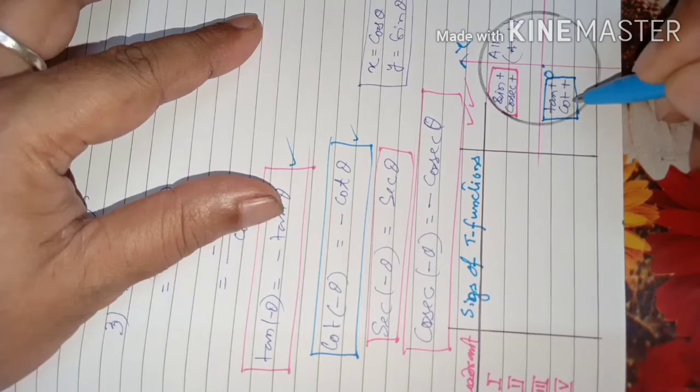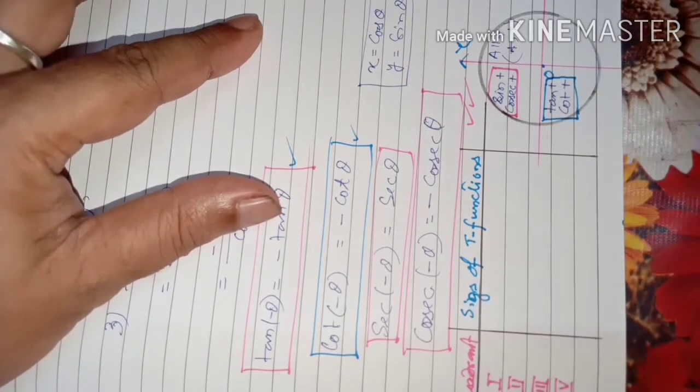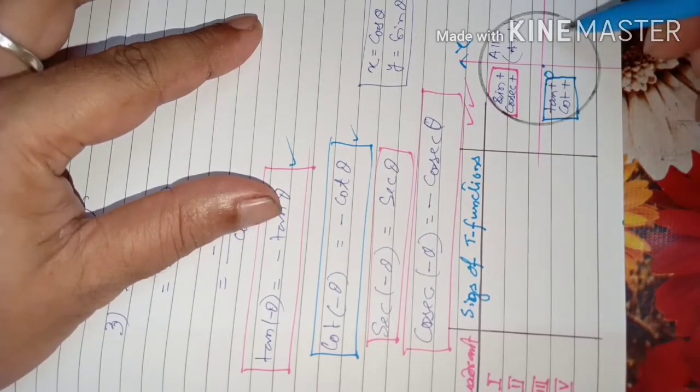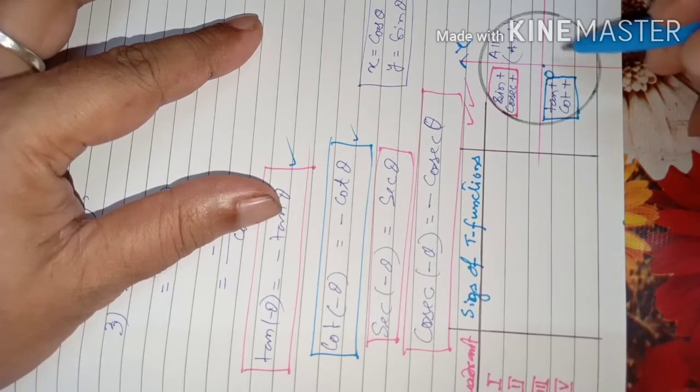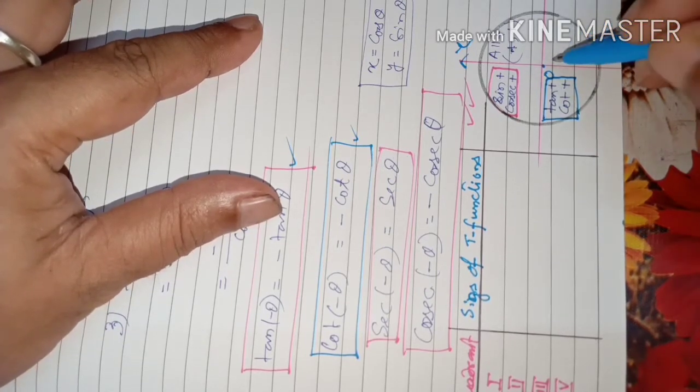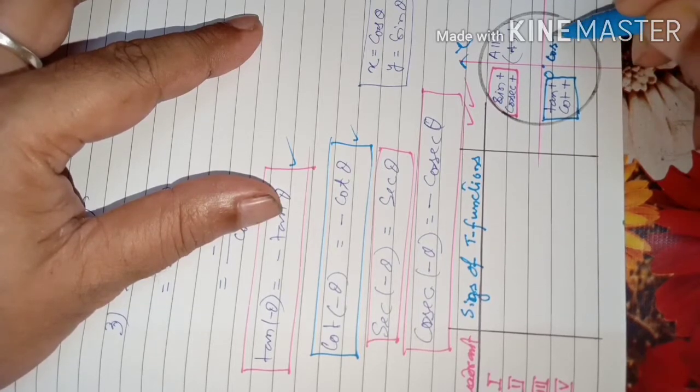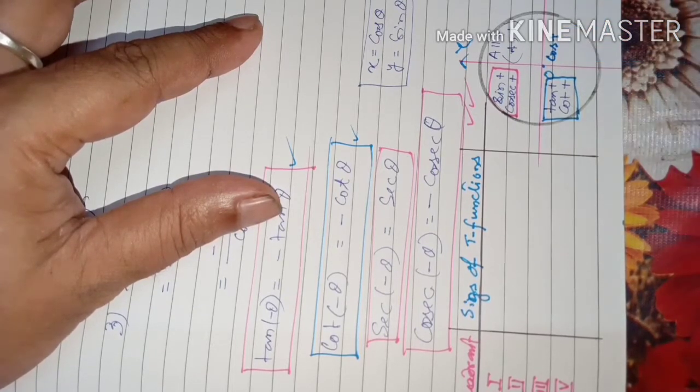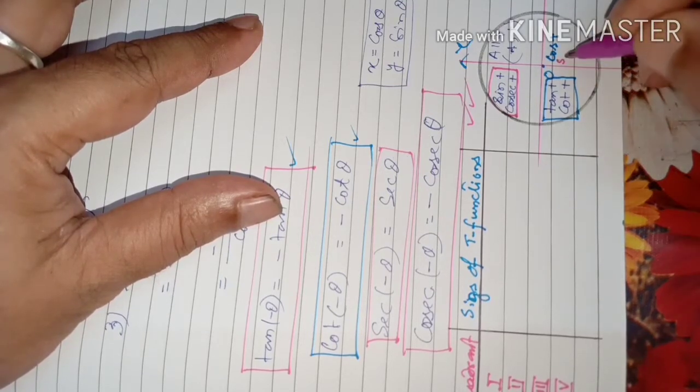Are you understanding? So here tan and cot are positive, and here cos is positive, because coming this way abscissa is positive, coming downward ordinate is negative. So which are dependent on cos? There is only cos, that is cos positive here, also sec positive here. Sec will also be positive.